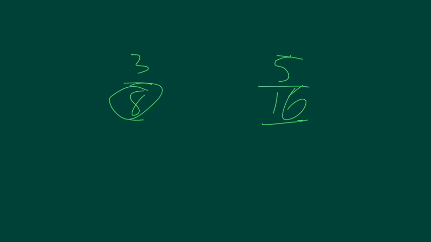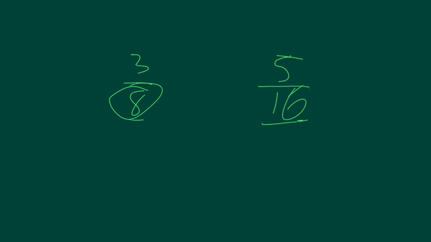So let's talk about one more comparing. Let's say we have 3 over 8, and we're comparing that to 5 over 16. Well, these are two fractions. They're both in the same form, but the problem here is the denominators are different. So that means each of these fractions are not in proportional sizes. So what we want to do is make these denominators the same by getting common denominators. So the least common denominator, or least common multiple, between 8 and 16